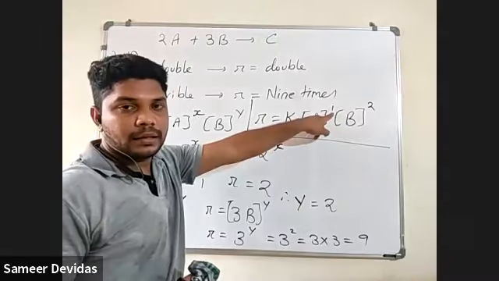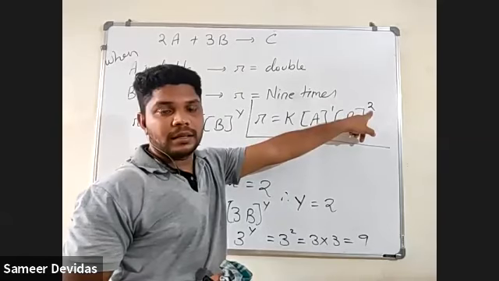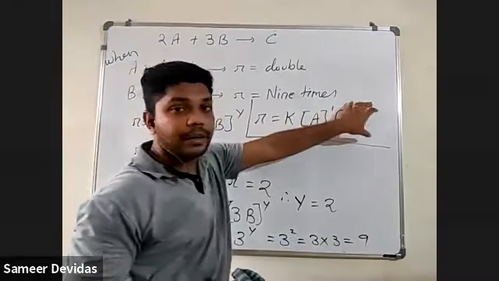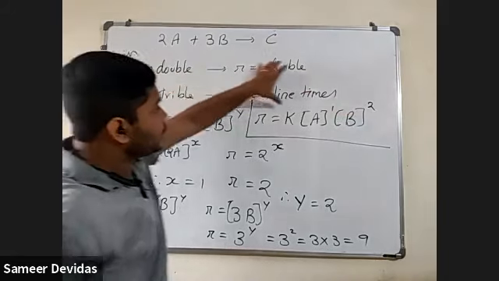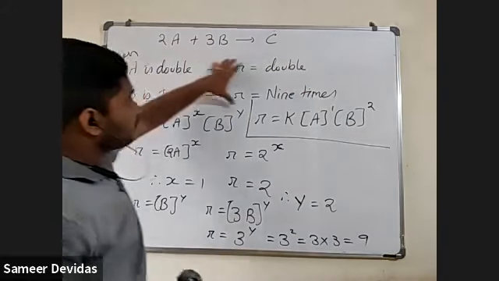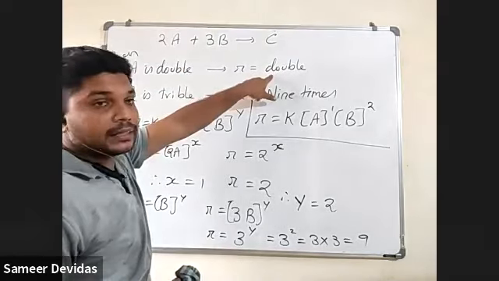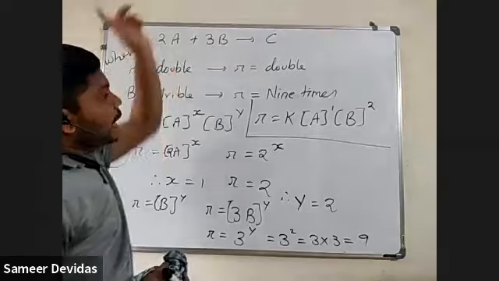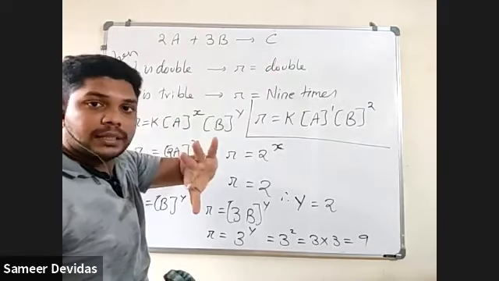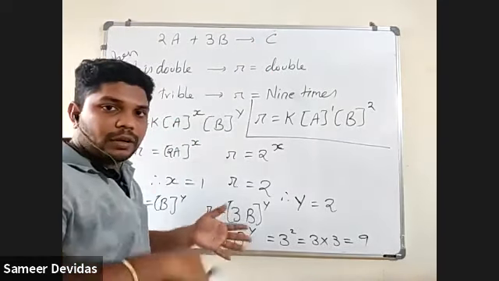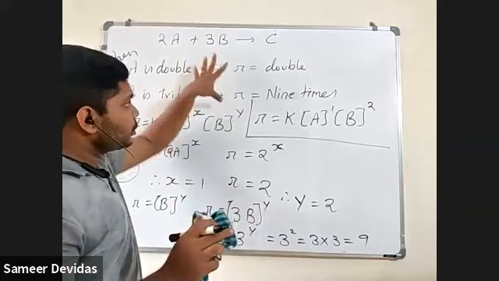No, sir. B is 3 here, but we are writing 3 here. So it does not depend on the stoichiometry to write down the perfect rate law. Some experimental information you should have. That is, if you increase A, how much will the rate increase? And if you increase or decrease B, how much will the rate increase or decrease? Either it will increase or decrease, or it will remain the same, it doesn't matter. But you should have this information.